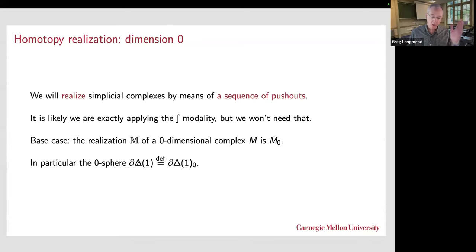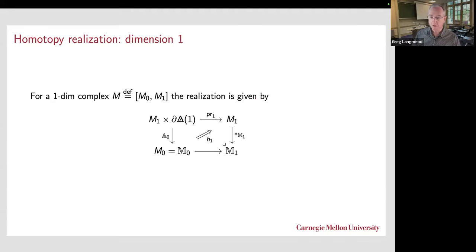The realization we'll denote with blackboard bold M of a zero-dimensional complex M is just that set, just the set of vertices. So in particular, the zero sphere, which we can add a blackboard bold to show that it's the realization of this thingy, is just that zero sphere of 2 points. So we're going to kind of bank the sphere in this dimension and use it when we define the next dimension. And we'll do that one more time. So in dimension 1,